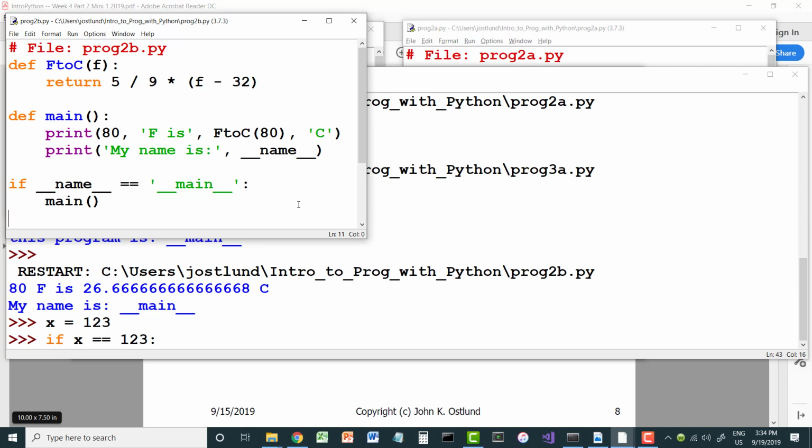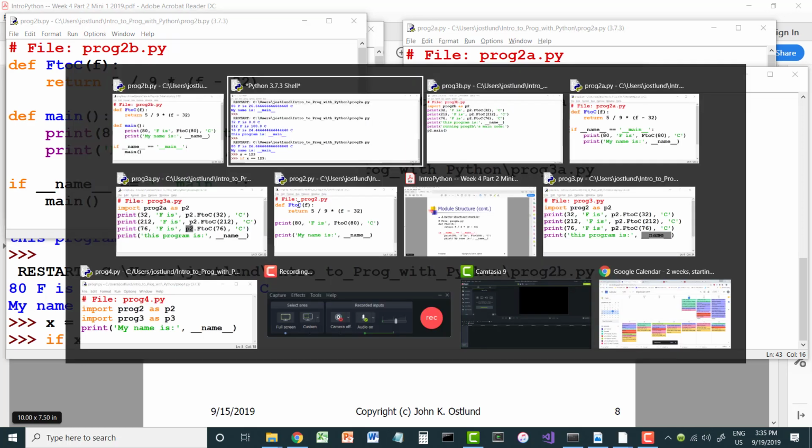I'm wondering, can we just call on the main function without putting it in the if statement? Without putting it, I'm sorry? In the if statement, can we just call on the main function? Oh, without the if. Yes. Yes, exactly. And in fact, that's what I want to show in